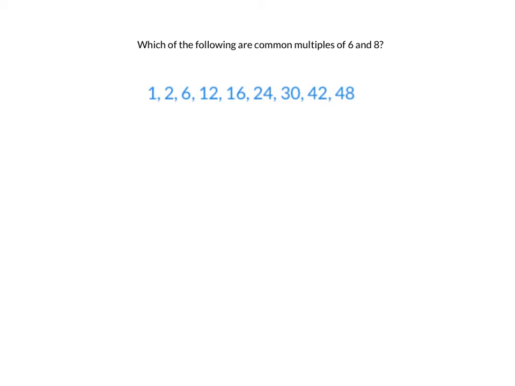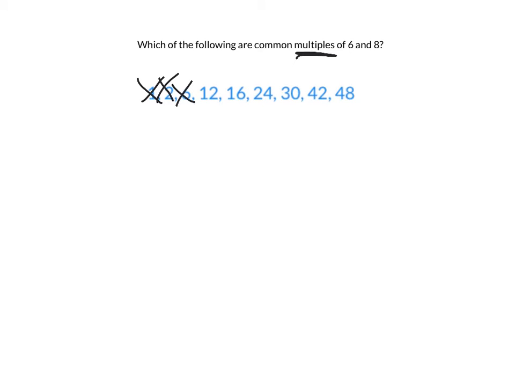Now I know with common multiples, I'm multiplying the single digits, so my numbers have to be bigger. So I automatically can use some logic and get rid of 1 and 2, because they are both smaller than 6 and 8. While 6 is exactly equal to 6, it's smaller than 8, so I can also eliminate that, because they have to be common multiples of both. Now the rest of my numbers are bigger than 6 and 8,